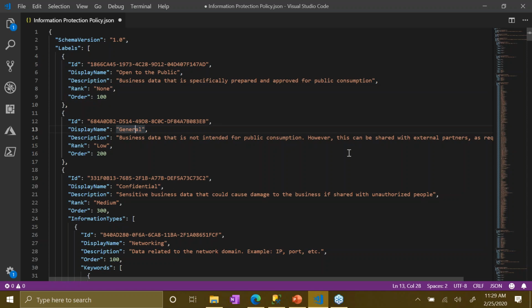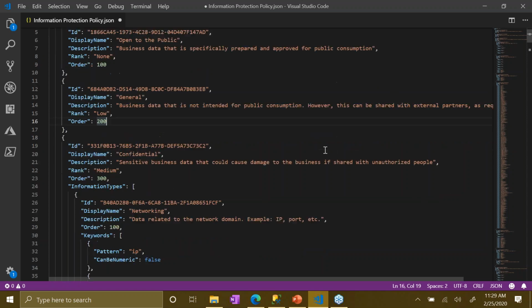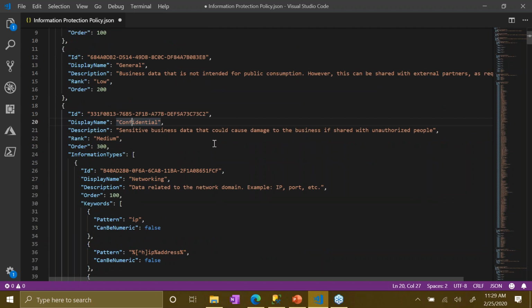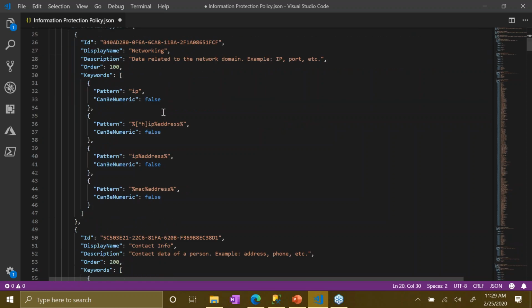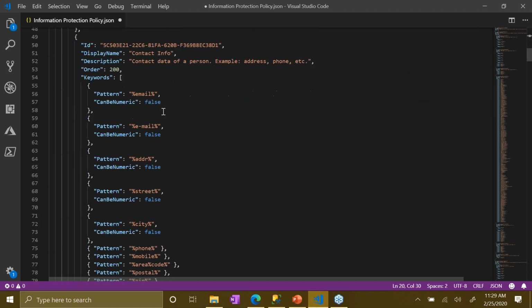You saw general is in there. As we get into some of the deeper levels like confidential, it actually will start looking at display types. So it's saying, hey, display name. It's looking at this next level down, saying, all right, here are my information types that are associated with confidential. I'm going to skip by this one. I want to go down to contact info. As you look at contact info, it gives you a description: this is the data of a person, phone number, all that kind of thing.